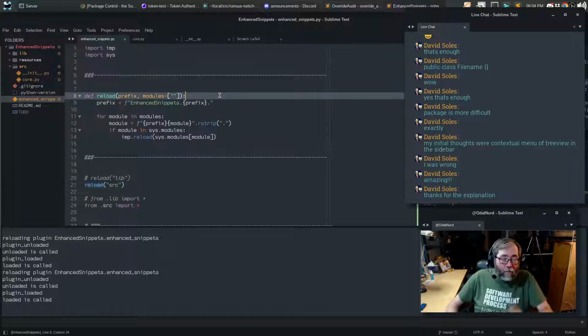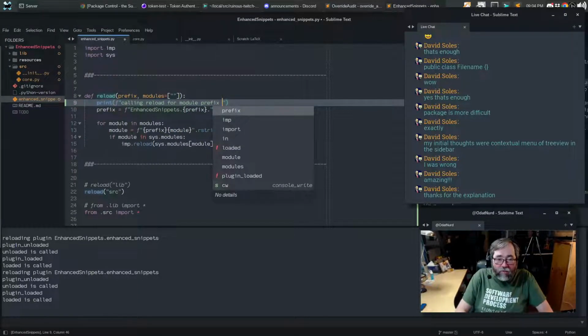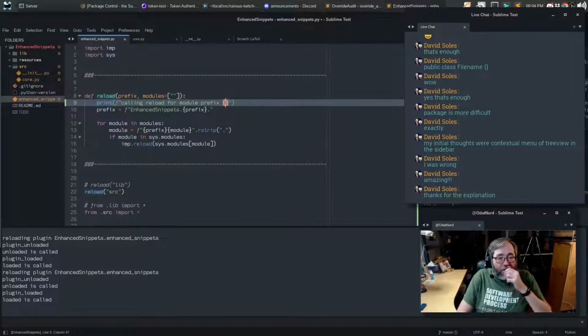Here. I never actually verified that this stuff works for override audit, so